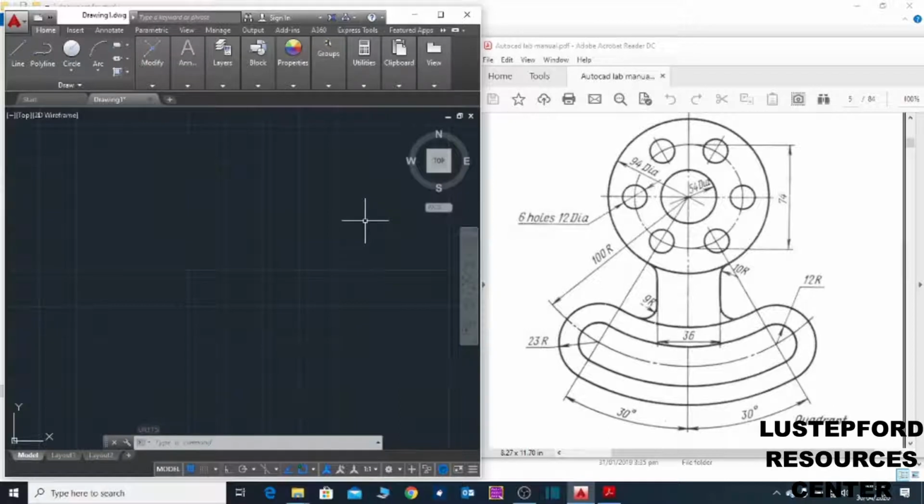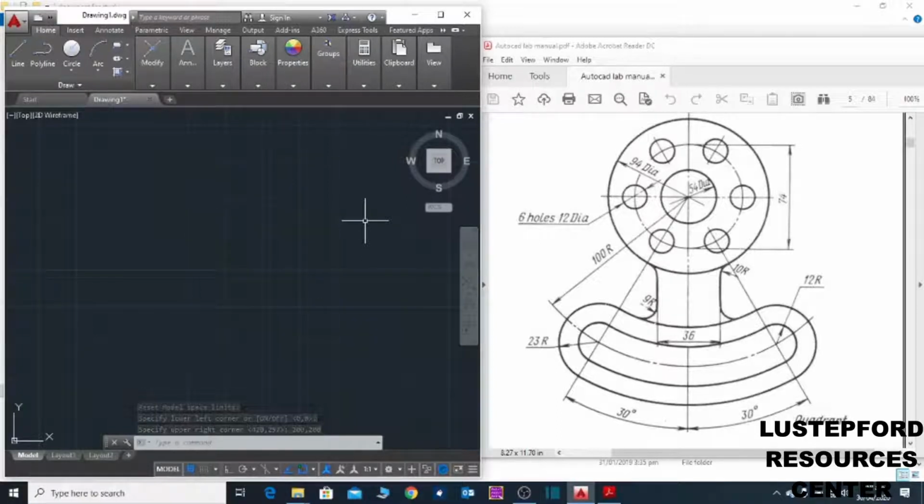Then I'll set the drawing limit. We'll type on the command line LIM, enter. The default is that the corner is at 0, 0. You say enter. Having known the approximate boundary size of the drawing, I'm taking it to be 200, 200, enter. So I've set the limits of the drawing.